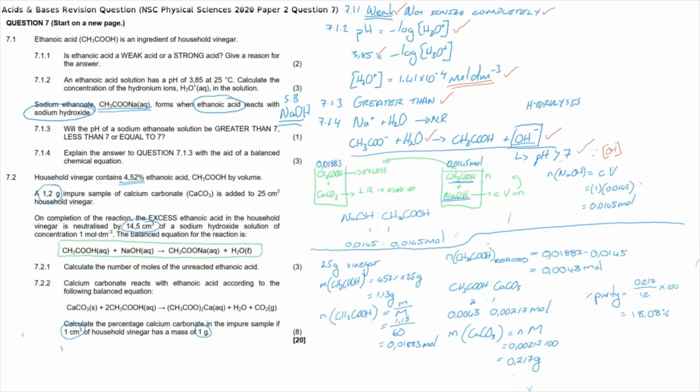Question 7.2.1 allocates 1 mark for the correct conversion of 14.5 cubic centimeters to 0.0145 cubic decimeters, and then 1 mark again allocated for showing that we understand the ratio of sodium hydroxide to ethanoic acid, and therefore 1 mark for our final answer to say that there are 0.0145 moles of ethanoic acid